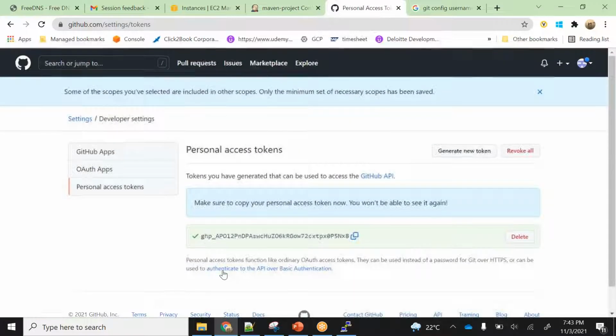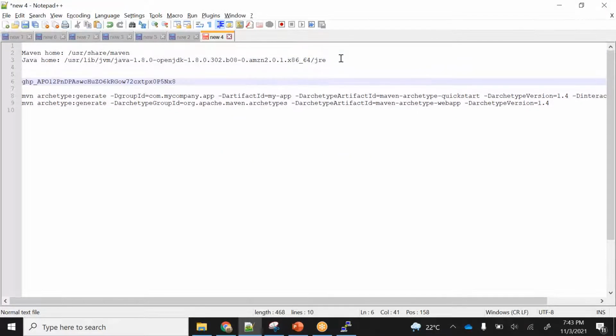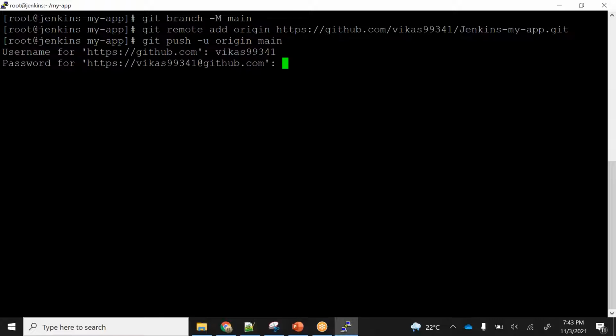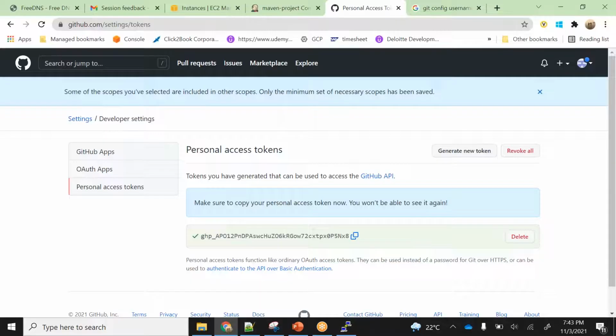Generate a token for me. So this is the token. Let me keep it somewhere. And git push. What is your username? Okay, so I can see the changes have been pushed. So if I come back here,